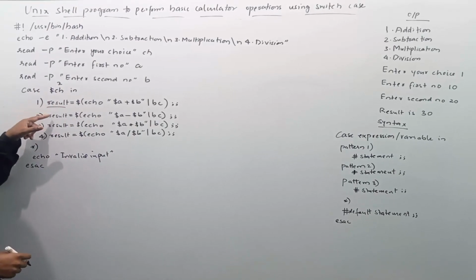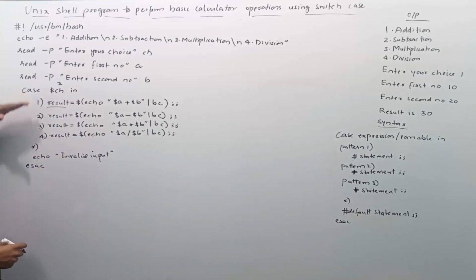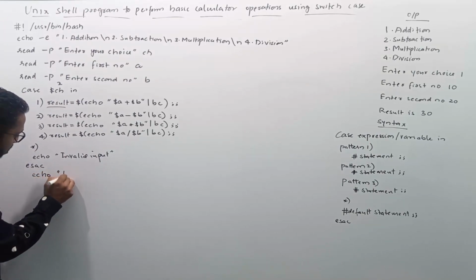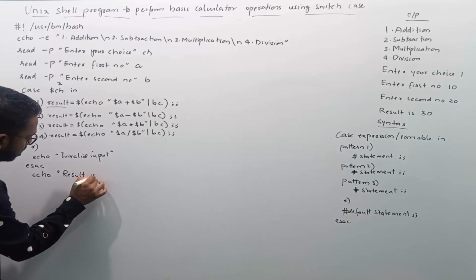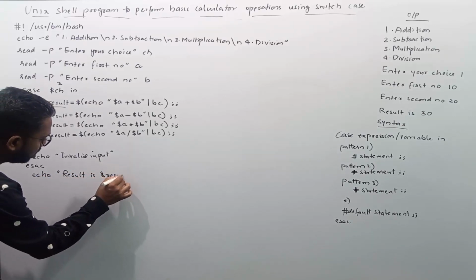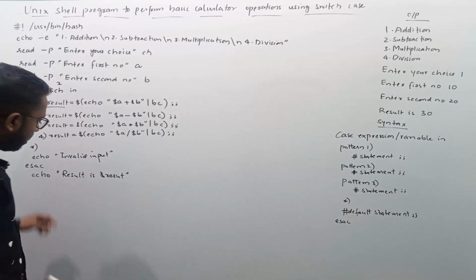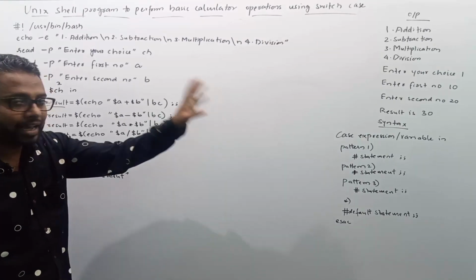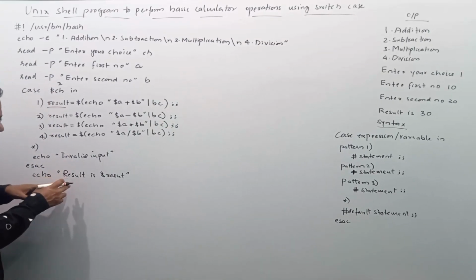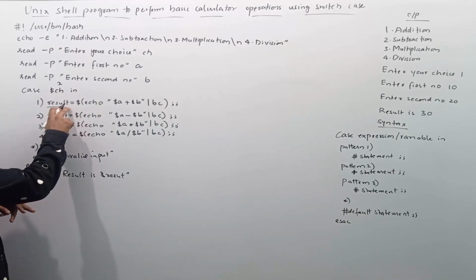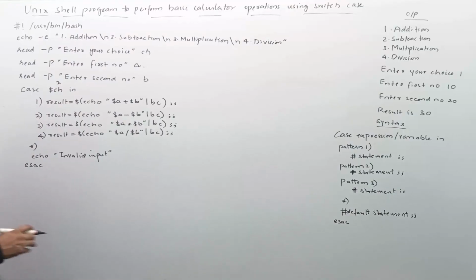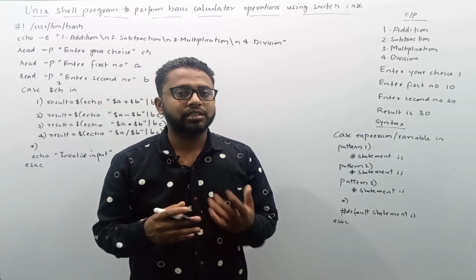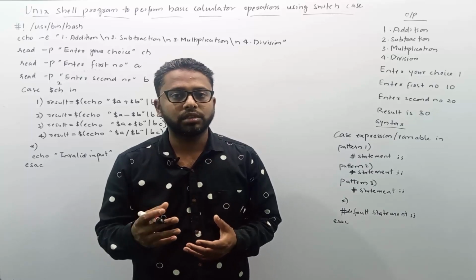Now I need to print this result also, right? So we need to come outside the case. I need to print echo result is dollar result. Once you write this echo statement, you will get result is 30 for the addition operation. Separately also you can print the result below this line. So this is a very simple program which does the addition, subtraction, multiplication and division of 2 numbers using